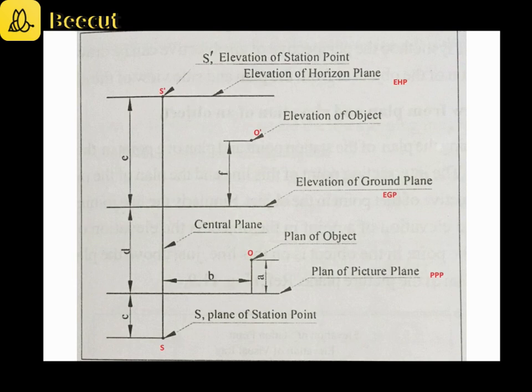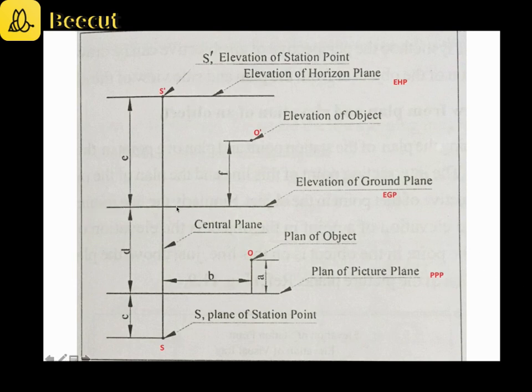I am repeating: visual rays are the rays of light, or the imaginary lines, that connect the object and the observer. Once you are asked a question in perspective projection, the very first step is to ensure that you take an A4 paper and place the paper in the vertical direction, in portrait mode. The next step is to draw the